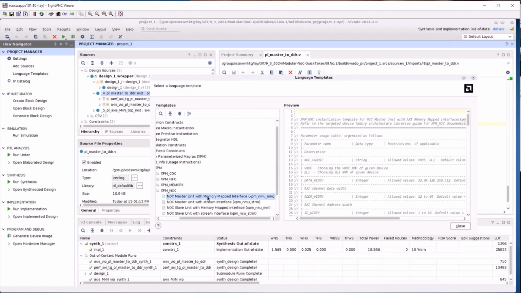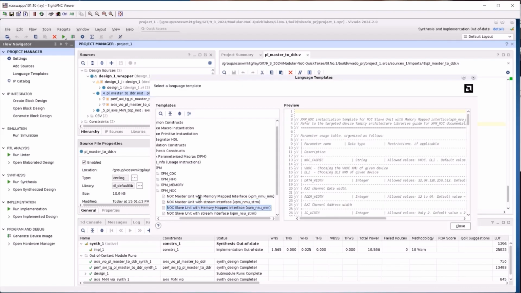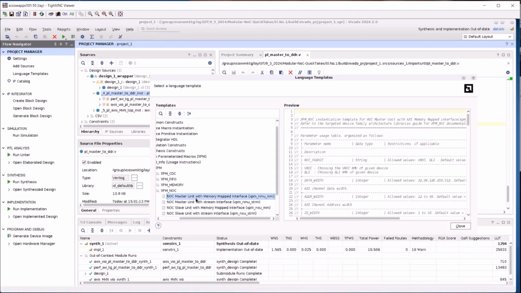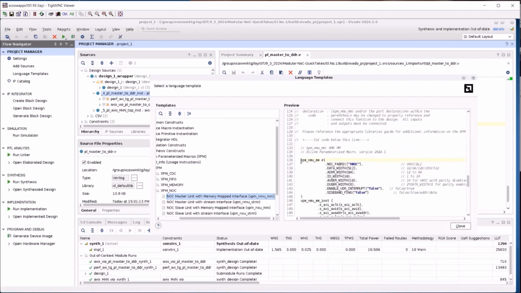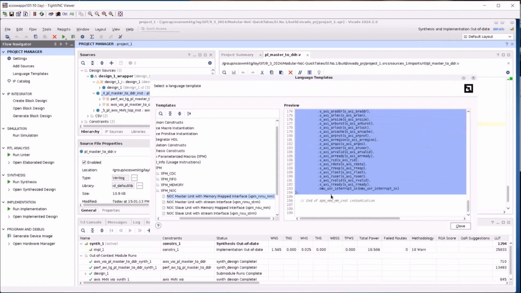Here you can see all of the XPM NMU and NSU options. We'll use the first. Let's copy and paste this template into the RTL.